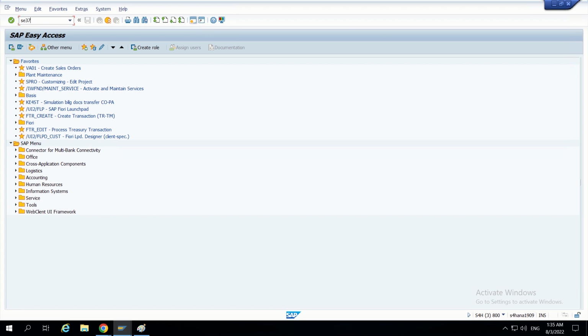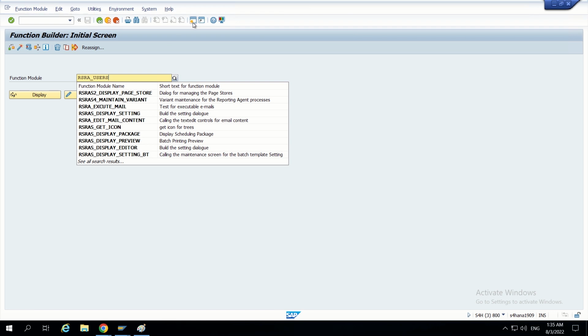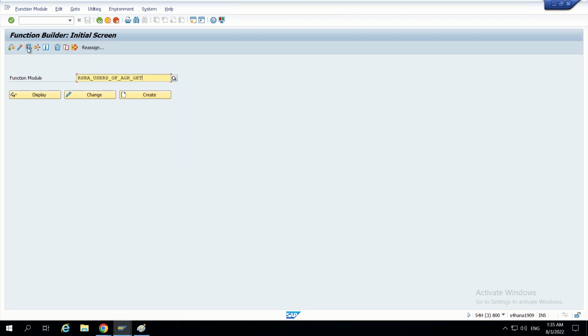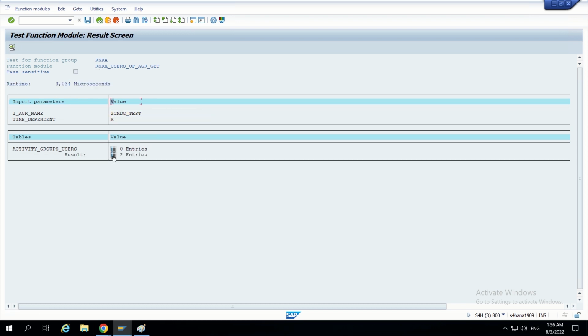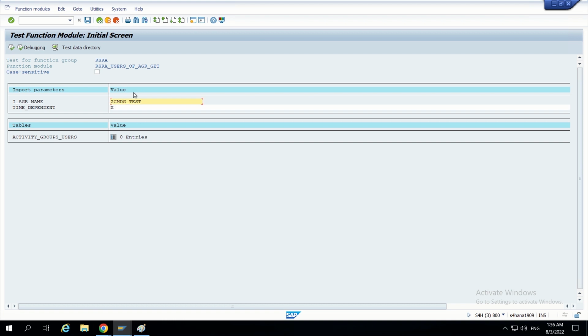I can show that function module here: RSRA_USERS_OF_AGR_GET. Now I am passing ZCMDG_TEST in this and clicking on this one. I am getting two results. We can see these two results and these two usernames we are getting. In the same way, let's use this function module and get the result